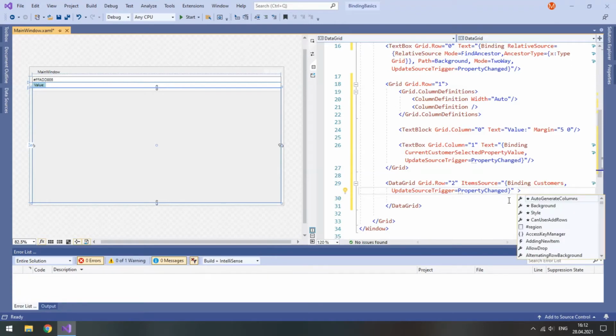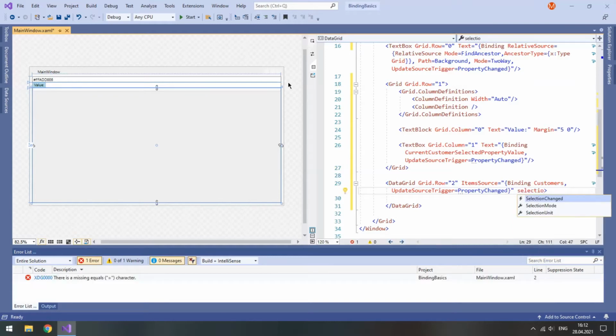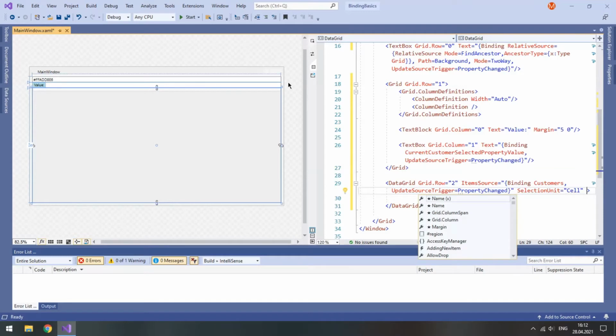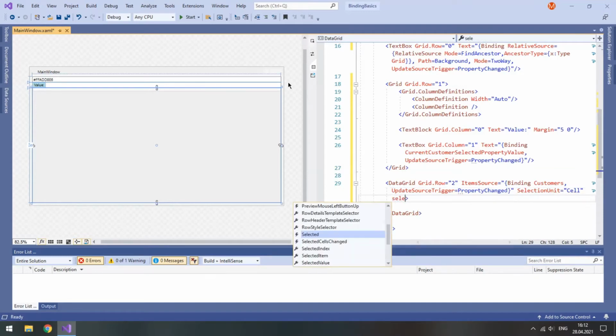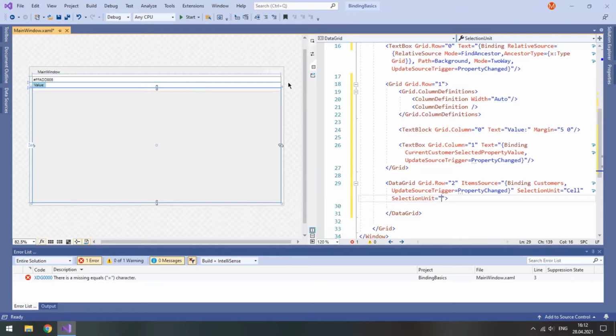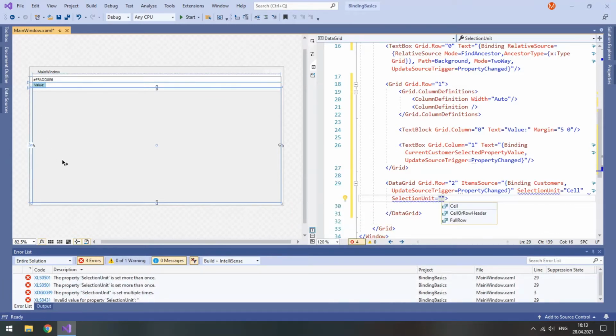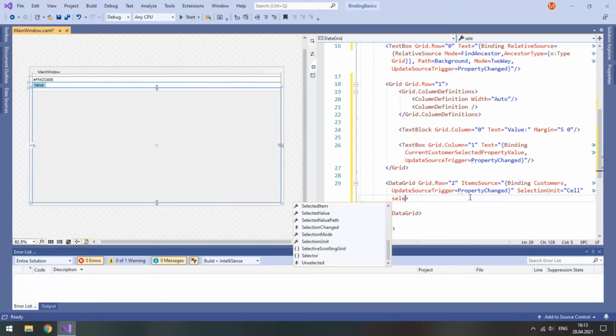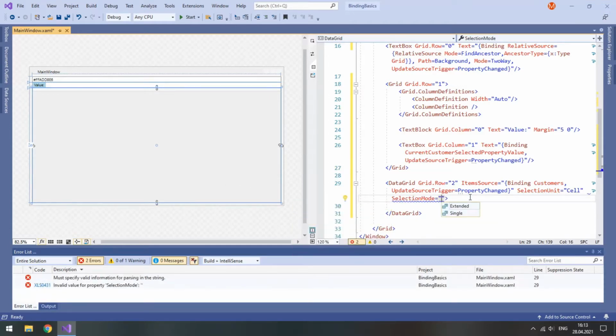Here is another very important part. Data grid allows you different selection units like cells, rows, or rows and cells. And the way you can achieve data cells modification through a text box highly depends on the selected unit. As far as I understood, the user wanted it to be separate cells, so I will set selection unit to a cell, and by default the selection mode is set to be extended, and that means that you can select one or drag and select more cells, and I don't really want that. I will set selection mode to be single.